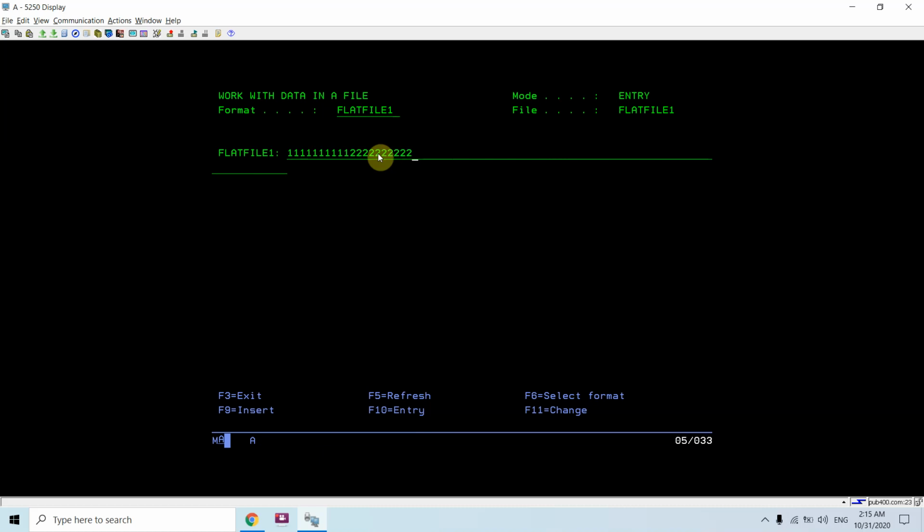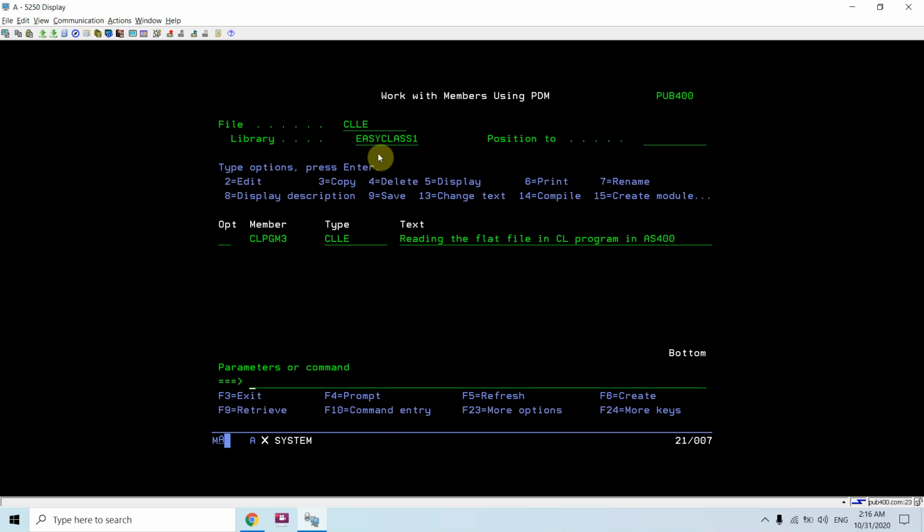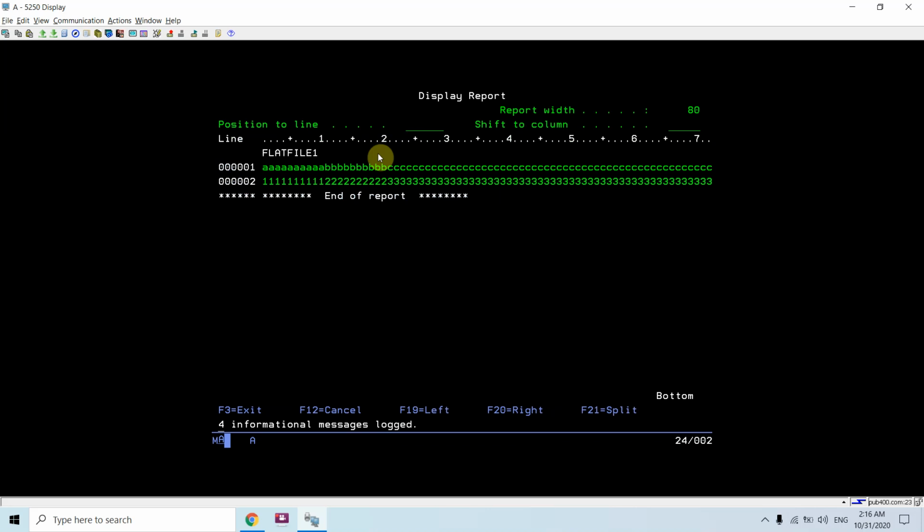So 2 records are inserted in this flat file, and I can see that using run query. Okay, so it has only one field.